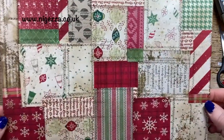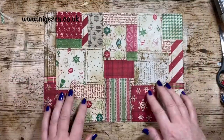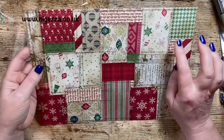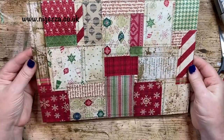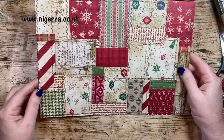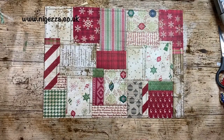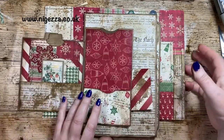So that's the sheet all done. I'm quite liking how it turned out. As you can see, some of them I overlapped, but I don't think that matters very much. I did things in different directions, so it doesn't really matter how you cut them. Now I'm going to have a little look on here so that I can see